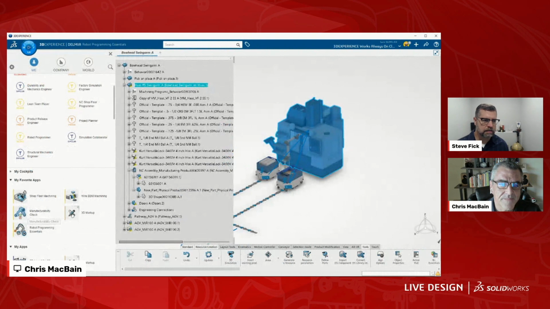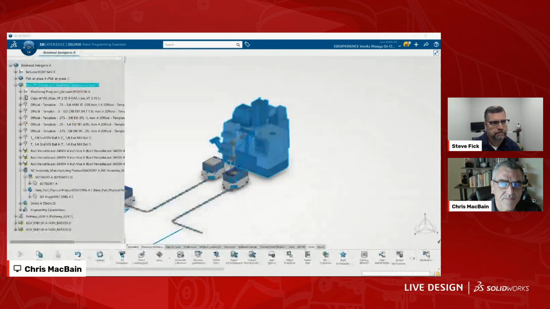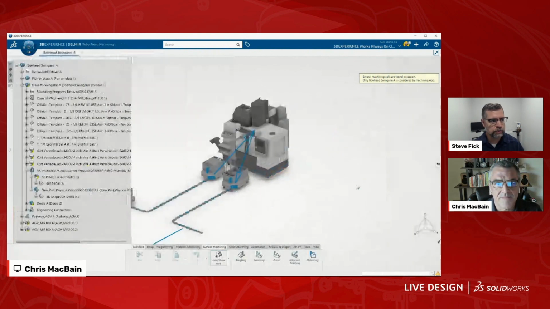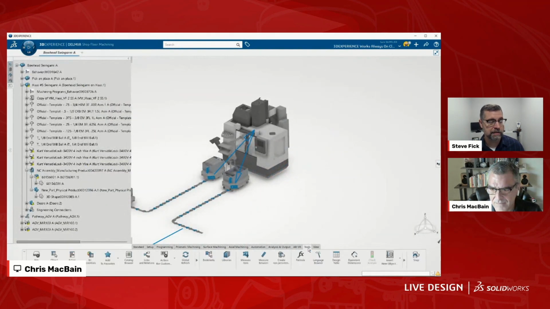Mm-hmm. Another question comes to mind. And by the way, for our audience, if you have questions, by all means, please put them in the chat. I'd love to pass those along to Chris. But Chris, when it comes to the tooling and the fixtures, the work holding, and even the code, is that able to be versioned or revision managed and traced, if you will? Is there a way to correlate all of that in case something does change and we've got to get back to what we used when we built that part?